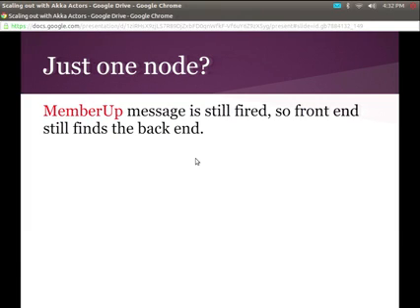I didn't show what happens on the original node, right? The node where I'm running my search tree, I actually don't have to explicitly register the front end with the back end, or the back end with the front end on that node, because when that node comes up in the cluster, it's going to send its own node up event. Every node sends a member up event. So the search tree just has to listen to these events, and it'll even get local member up events. So that handles all my wiring, if that makes sense. I hope that wasn't confusing.